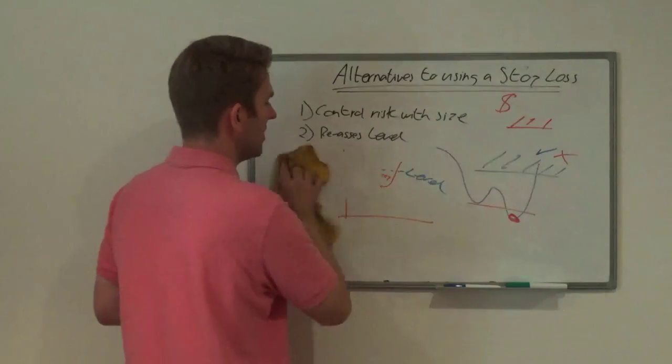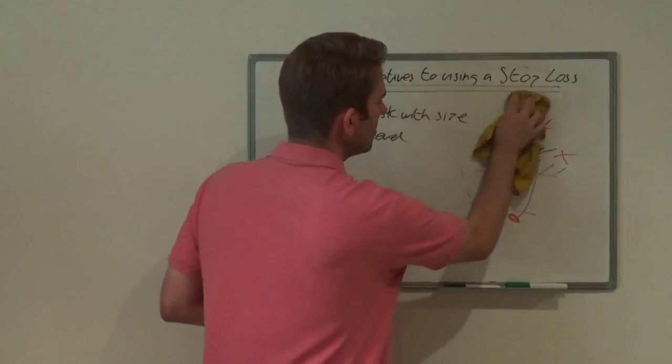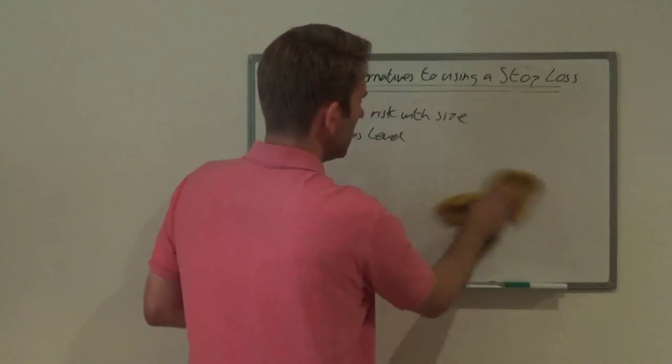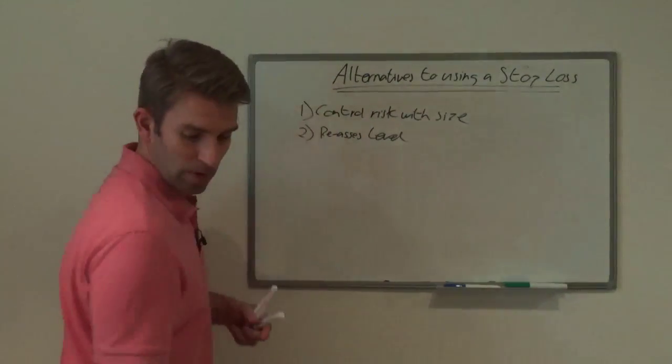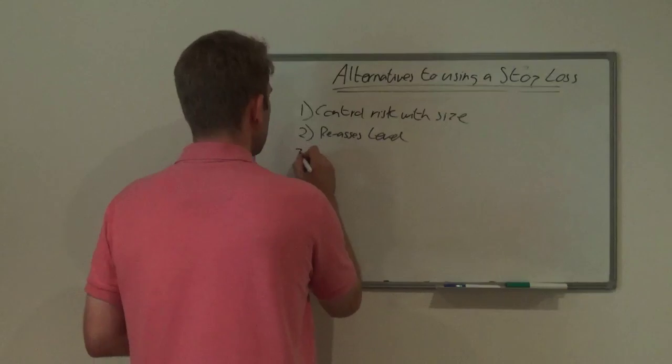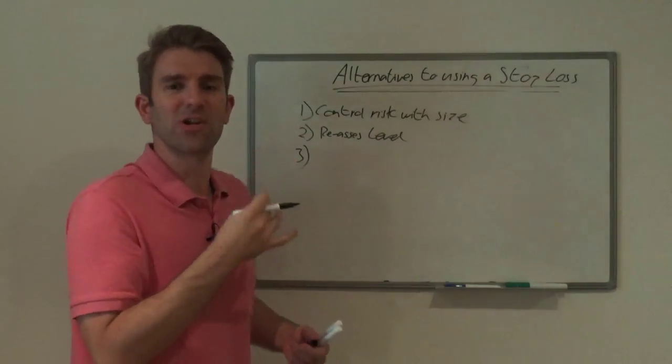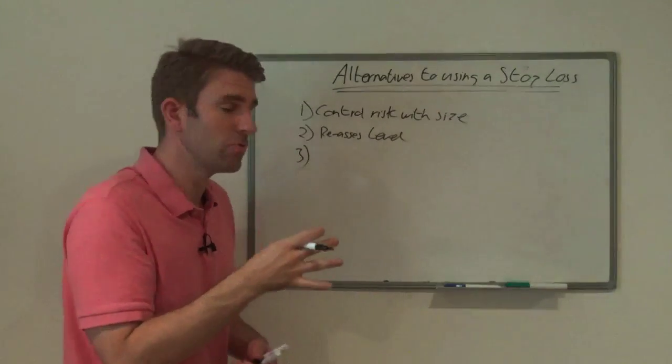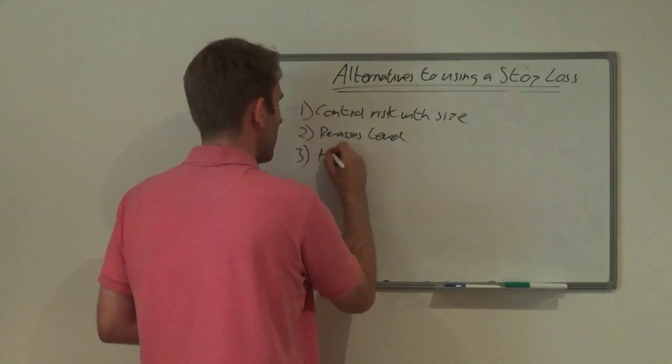Okay, the last one, guys, that we talked about with size, is hedging yourself with other correlated markets. This is a little bit more intricate, and this is probably more like a strategy than an actual risk management strategy, although it's possible. So let's say you've gone long the DAX. I'm going to put hedge here.